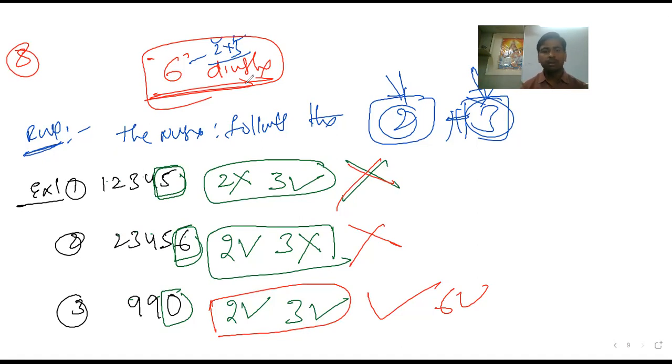So I hope it is all clear. Now I'll go for the next divisibility rule. How much is the count? Previously it was 8, now we go for the 9th one. The divisibility rule of 11, I'll take it out. Then I'll come back to the divisibility rule of 7. The 11 divisibility rule means